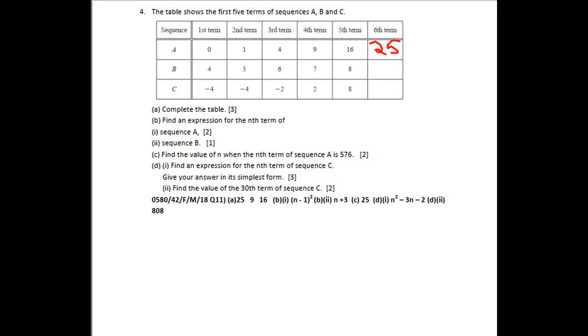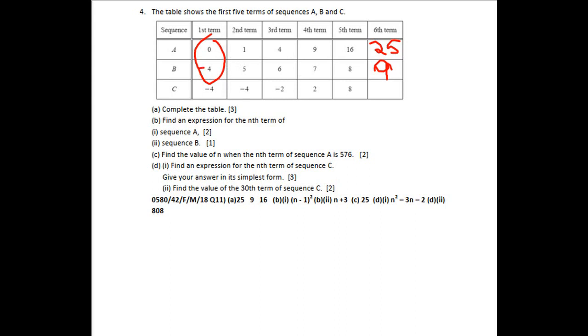Next we have 4, then 5, 6, 7, 8. Then the next number will be 9. And usually in questions like this, the final row is usually a combination of the previous row. So we can't really find a link between -4, -4, then -2, then 2, then 8, other than the fact that we're getting this -4